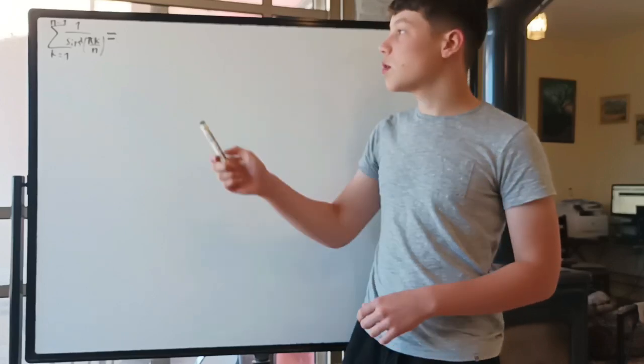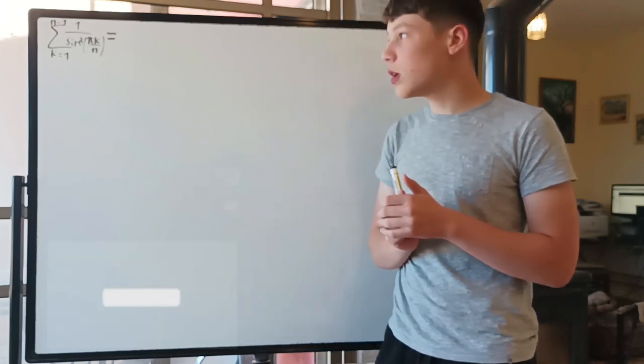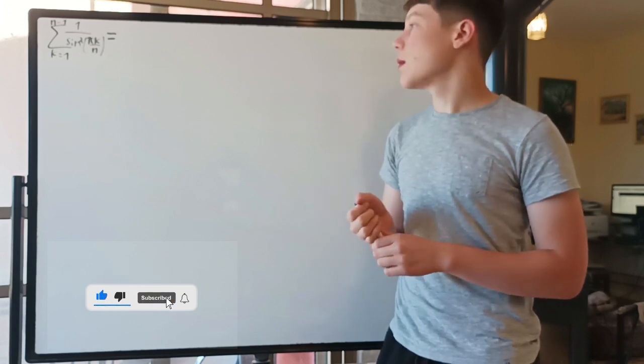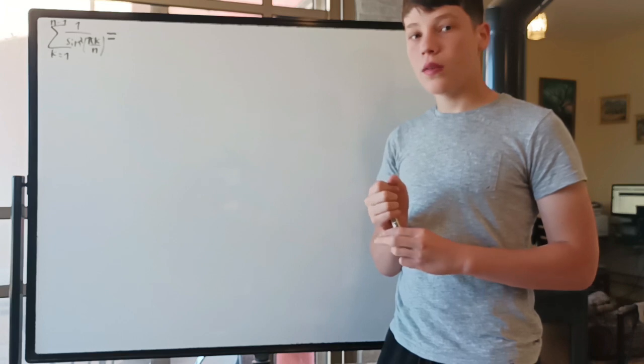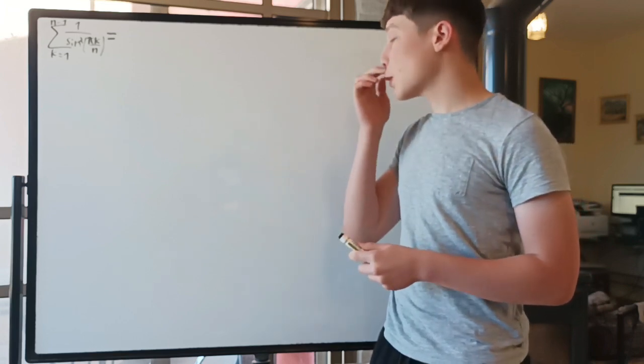Today we're going to evaluate this sum. So I have the sum as k goes from 1 to n minus 1 of 1 over sine squared of pi k over n. So let's begin. What I want to do is try to find a nicer way to write 1 over